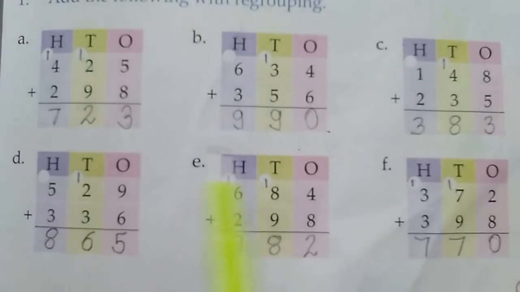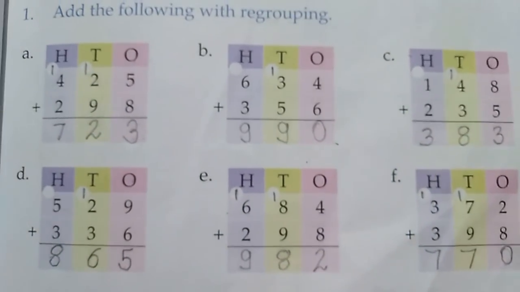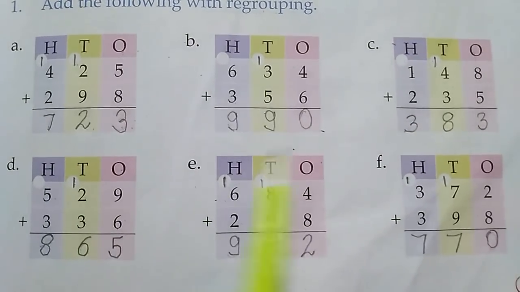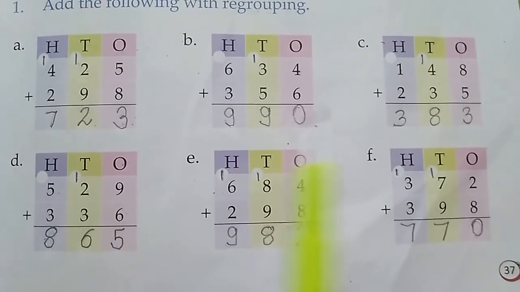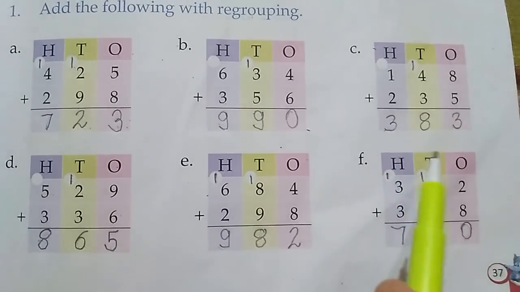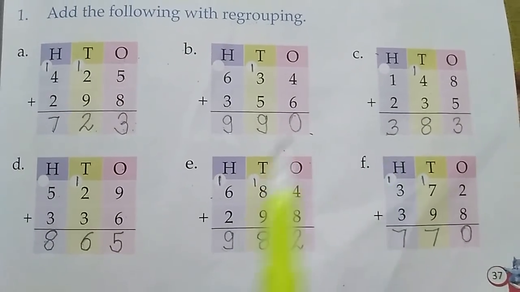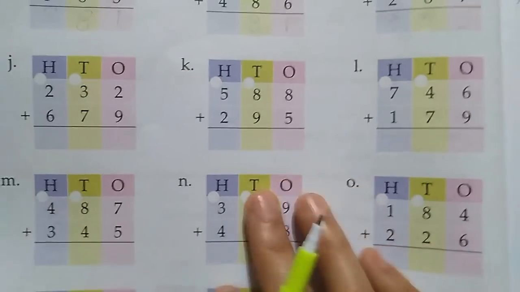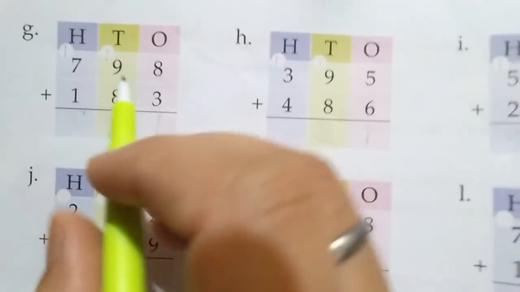So students, we have done A, B, C, D, E and F. Okay, these 6 we have done. Now we will go to next page. Okay, do this one. If you all have not completed, pause the video and complete and then move to the next page. Okay, so here we come to next page and now we will do G.